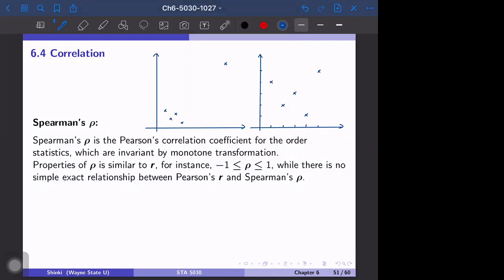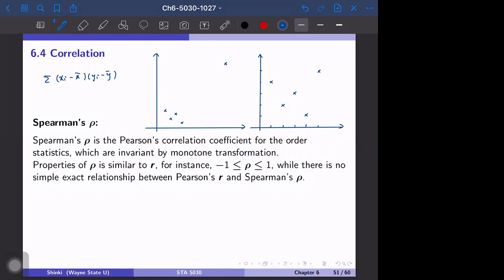Hi, we continue to study the correlation coefficient. Last time we studied Pearson's correlation. Pearson's correlation basically depends on the summation of xi minus x bar times yi minus y bar. So today we discuss